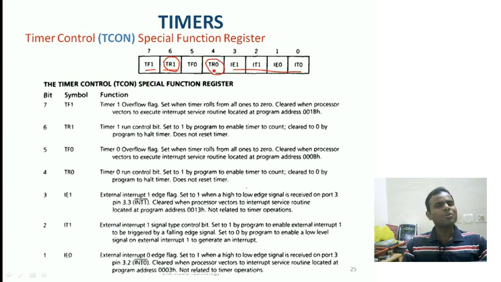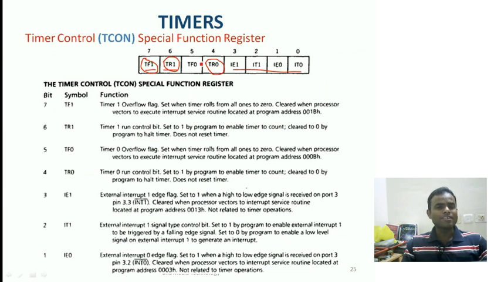Now whenever your timer starts counting, there's always a limit. As we said, the timer will overflow. When it reaches the maximum value it can count, it will roll back to 0, 0, 0, 0. Whenever this happens, it will always indicate it with a flag, that is the timer overflow flag. TF1 is the timer overflow flag associated with timer 1, and TF0 is the timer overflow flag associated with timer 0.